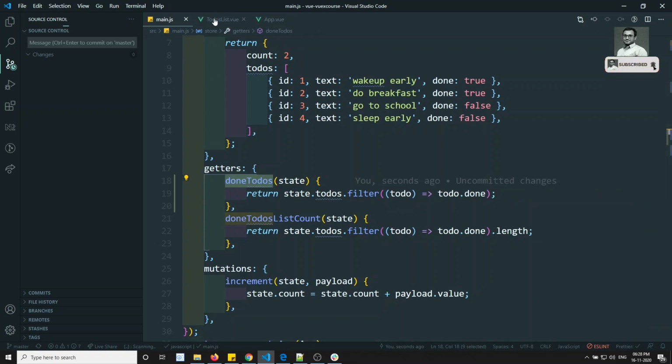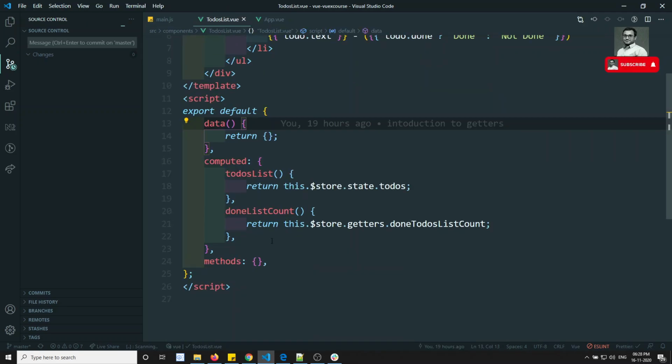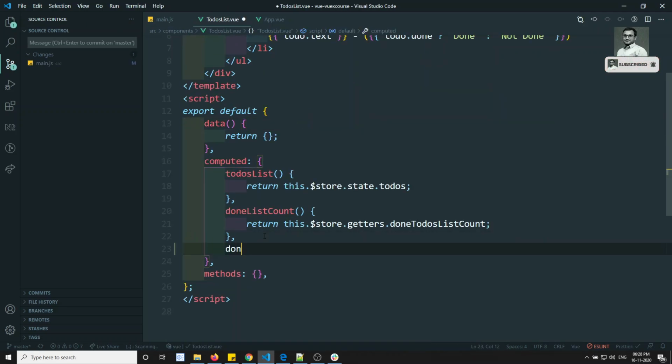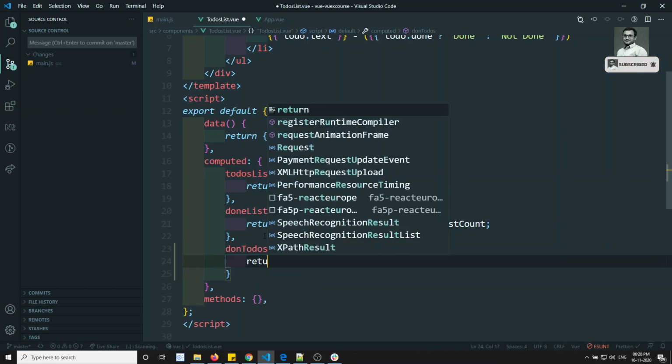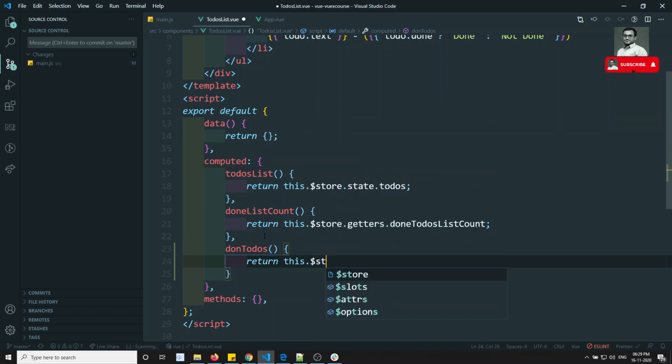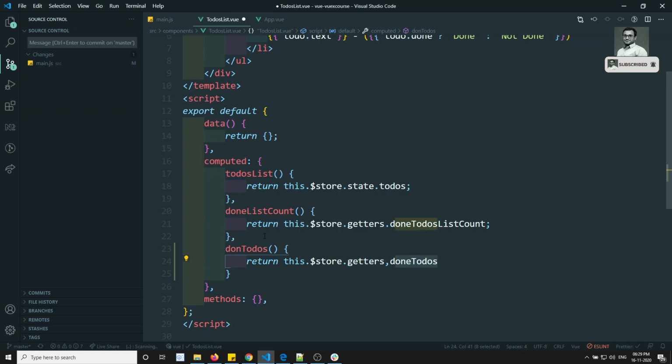Now if I want to get this data, I can go here and write doneTodos. So return this.$store.getters.doneTodos. You will be getting the list of data.